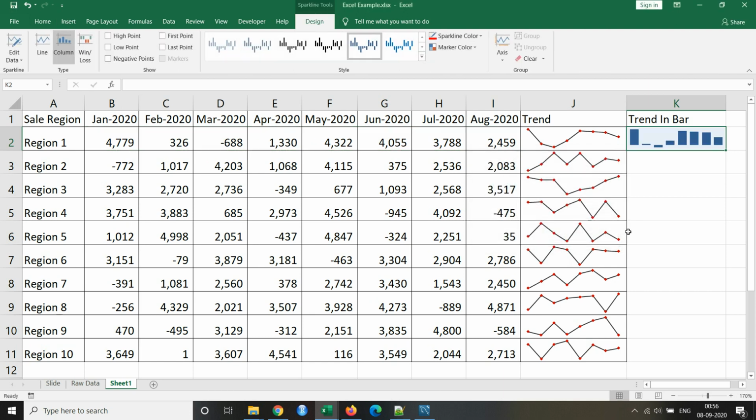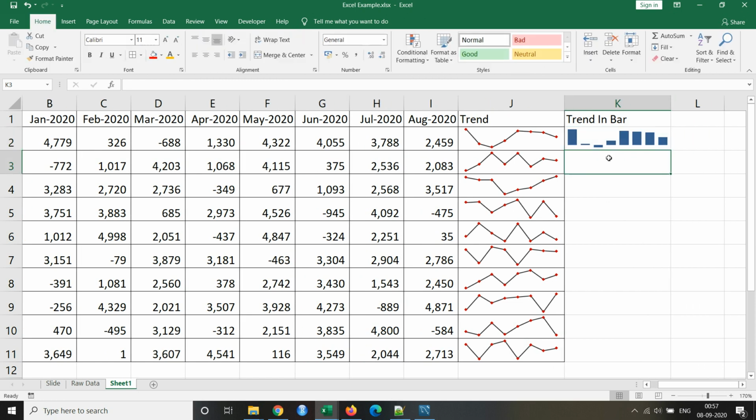Then I'll click OK. The best thing is that when you used the trend chart, you saw a slope. It's not showing whether it's negative or positive, but it shows that my graph, or my sales, has declined. Now in the bar graph, or the column chart, you can see that the numbers going toward the top are the positive ones, while the numbers going downward are the loss ones, right?